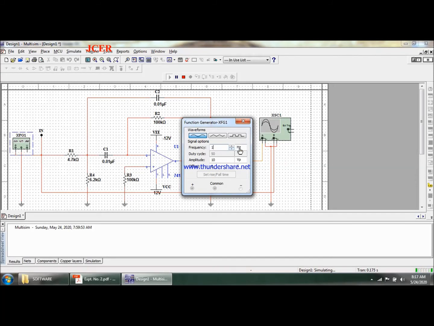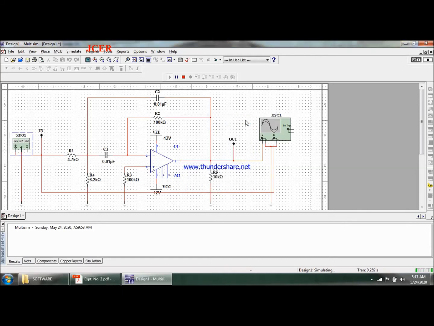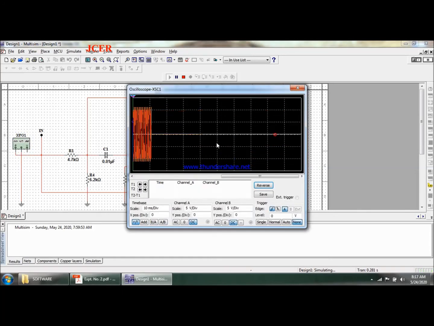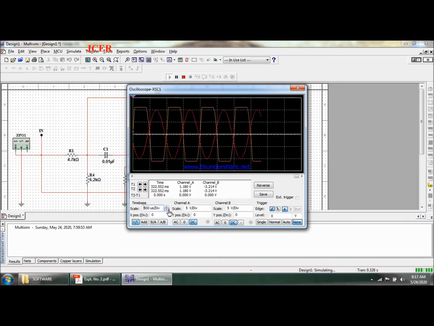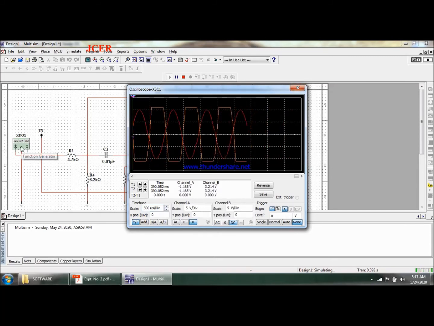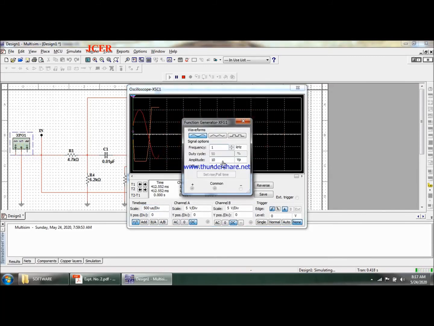Let me say this is in terms of a kilohertz signal. If I run the simulation now, I'll be able to get my input and output signals. What I need to verify is that it is going to saturation, maybe because the amplitude might be too high.